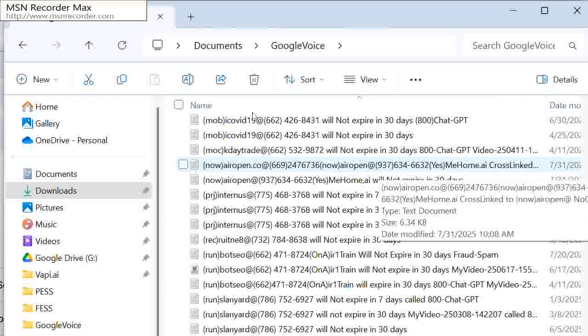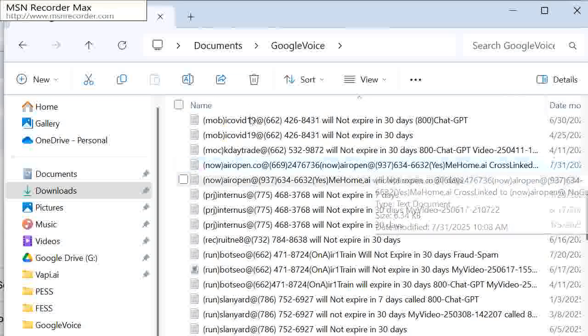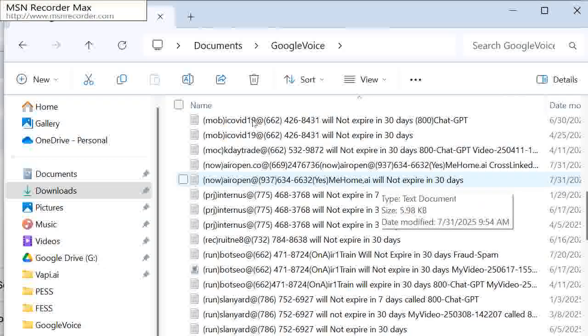NowAirOpen.co and Now Air Open will not expire in 30 days. So we have two Gmail accounts with the same prefix of Now Air Open and a different suffix. One has the .co suffix and the other one does not. So I saved the file in both subfolders,